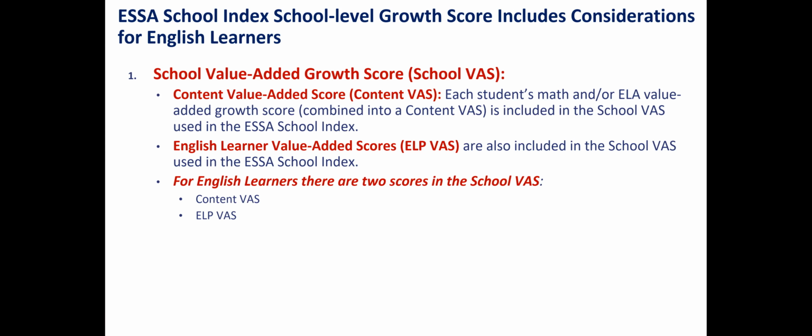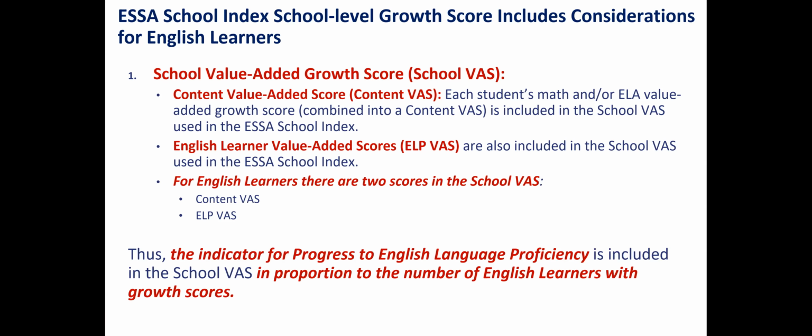enables the content score to be offset by that English language proficiency score. So remember when I told you that kids who are at lower levels of English language proficiency often have lower content scores. So if you're growing them in English language proficiency and your ELP value added score is higher, that's going to offset what is happening in content. So the theory of action is that as kids progress in their English language proficiency, they're going to do better in the content score. So if you're growing them in ELP, that's going to offset any detriment for a level 1 or level 2 learner in English language acquisition,